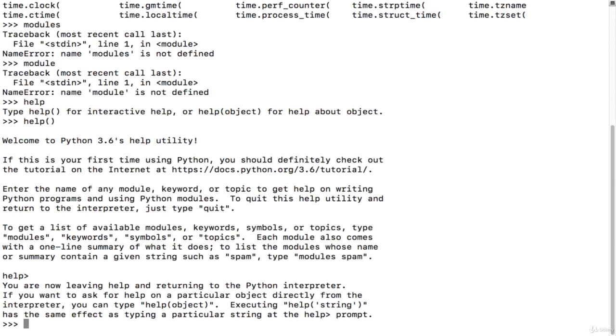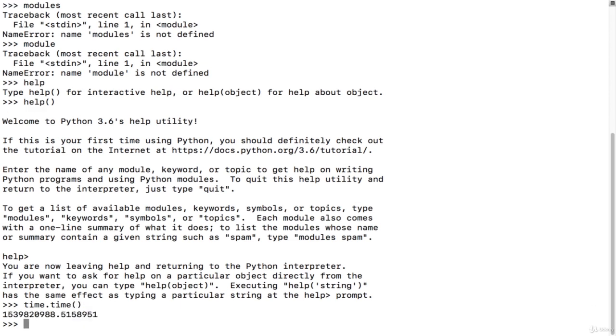So now that we have this time thing, I'm going to show you just a couple of functions of this. We have this thing called time, and it's like a class, an object, and it has a bunch of functions that you can use with time. If we go time.time, what it's going to tell us, if we read the documentation, is the exact time to the second, or microseconds here,